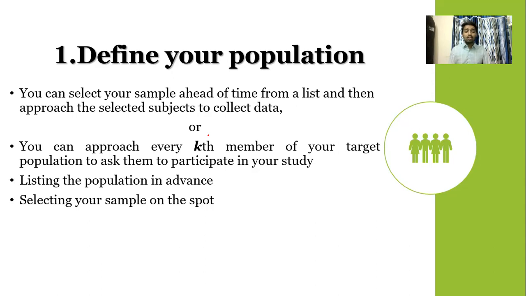Then after that, you have to select your sample on the spot. You have to select your sample on the spot. You can't say that, yes, Miss Anjana will be the 7th person who is going to visit the mall. No, not possible. You can say that I can choose a 7th individual as my target population, but you can't say that an exact person will be the 7th one. So you have to select your sample on the spot there, which is one of the most technical tasks.